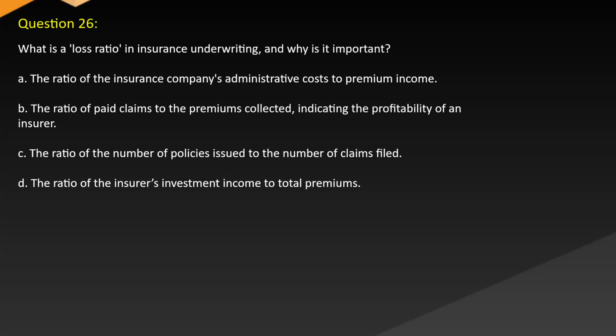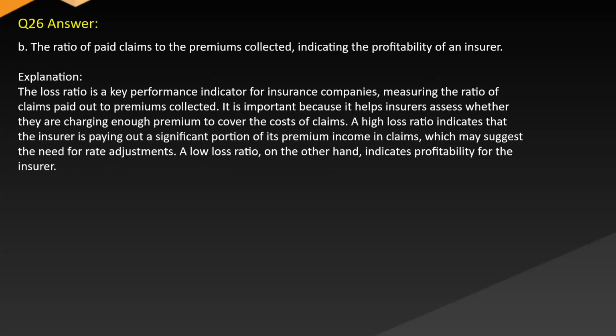C. The ratio of the number of policies issued to the number of claims filed. D. The ratio of the insurer's investment income to total premiums. Answer B. The ratio of paid claims to the premiums collected, indicating the profitability of an insurer. Explanation. The loss ratio is a key performance indicator for insurance companies, measuring the ratio of claims paid out to